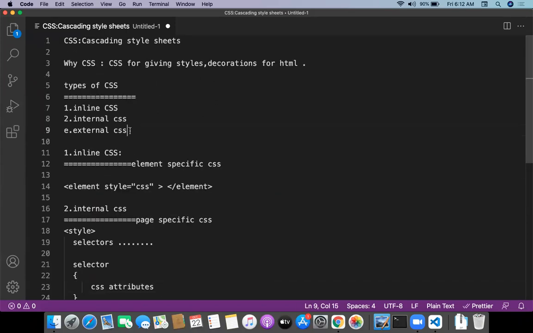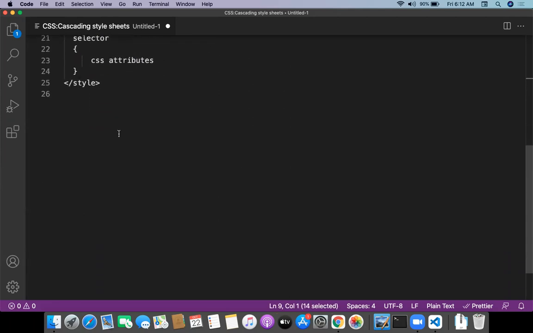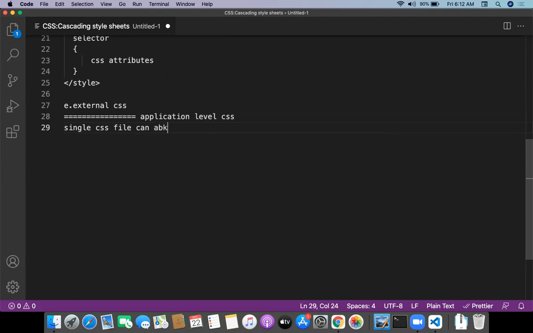There is one more way of CSS, which is external CSS. This is application specific CSS, or application level CSS. A single CSS file can be accessed by all HTML pages.